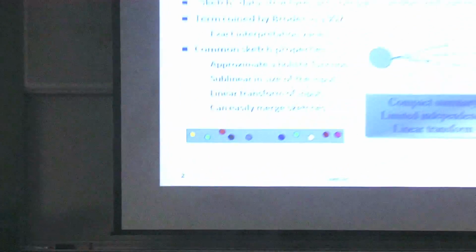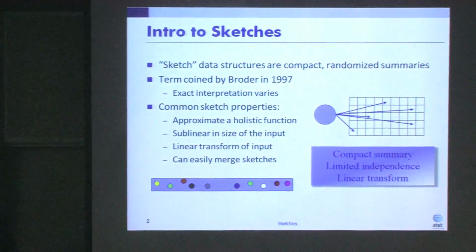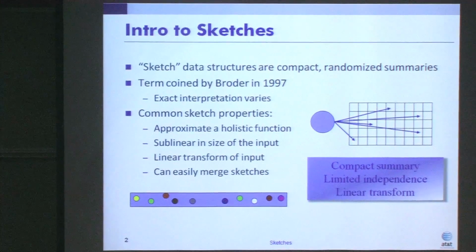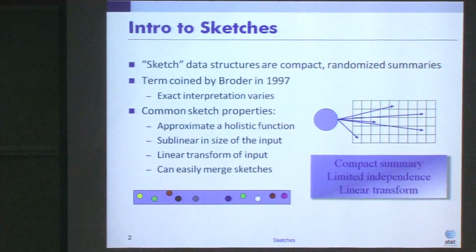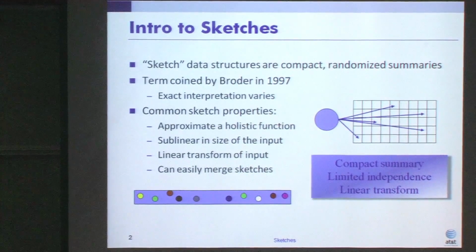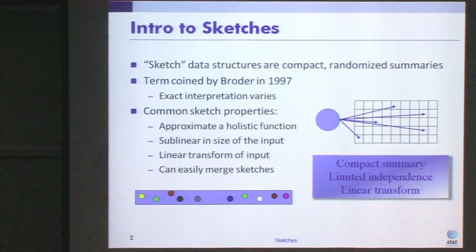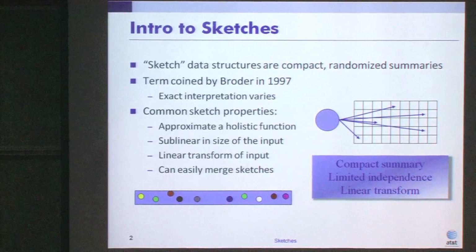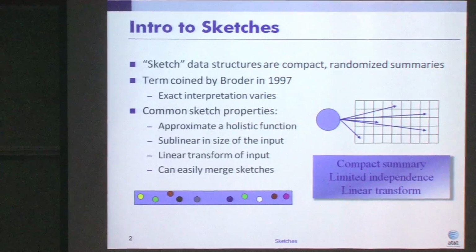So I'm going to be talking about this idea of sketches that Sergey already briefly alluded to. And sketch is a very convenient word because, like algorithms in the field, it doesn't really have a precise definition. But it's generally understood to refer to data structures that are compact, randomized summaries of some larger quantity of data. In the process of this, I was trying to find when did people actually start using sketch to talk about data structures? And the earliest example I could find was in a paper by Andrei Broder back in '97, when he introduced the concept of min-wise hashing, which I'll mention on the next slide.